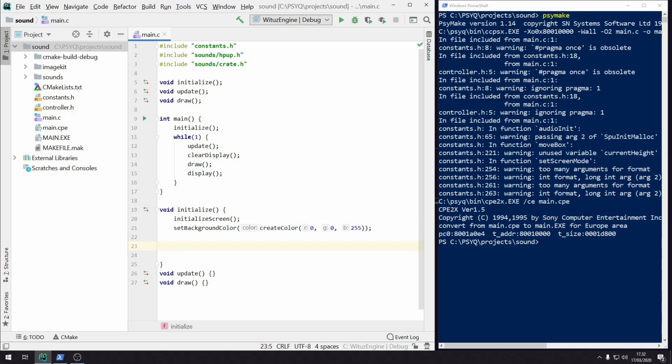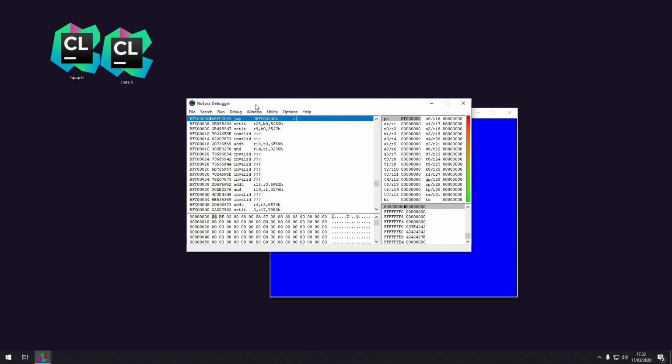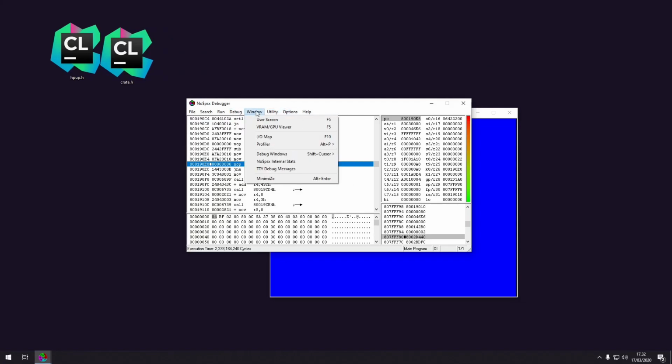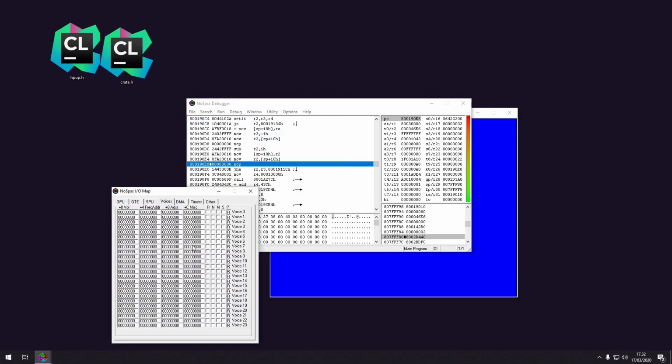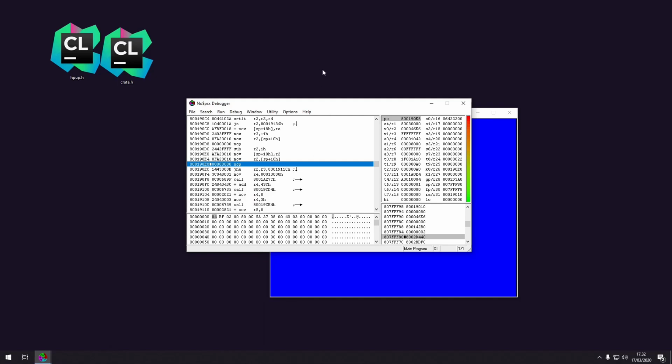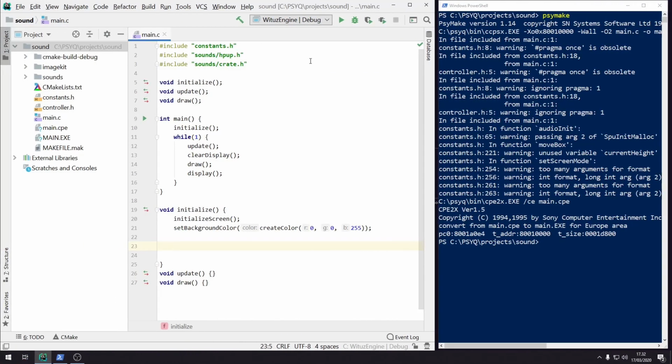Now the SPU has different channels that you can play. These are called voice channels, and on each voice channel you can play one sound at a time. So you can only have one sound playing at a time per voice channel. I think there are, how many voice channels was there again? You can actually see that in here. IO map voices, 23 voice channels on here. I'm not sure if there are more. But let's actually try to play something on one of the channels.